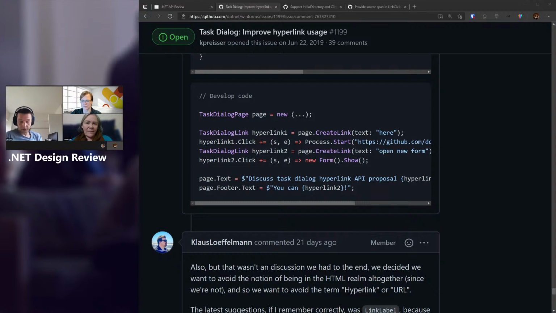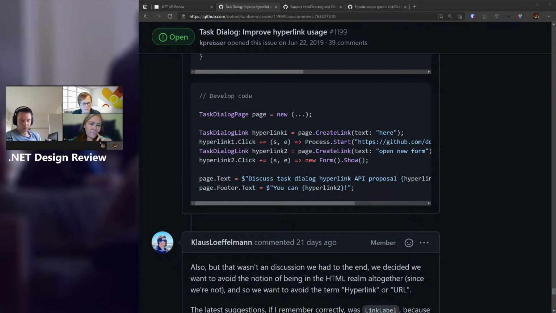Because take your example with buttons: you have a button, the button has a click event on it, and you add a button to a page. Whereas with hyperlinks, unfortunately, the underlying Win32 APIs made it very difficult, because you add the hyperlink to a page, but then the page is responsible for dispatching the notification for every hyperlink you click.